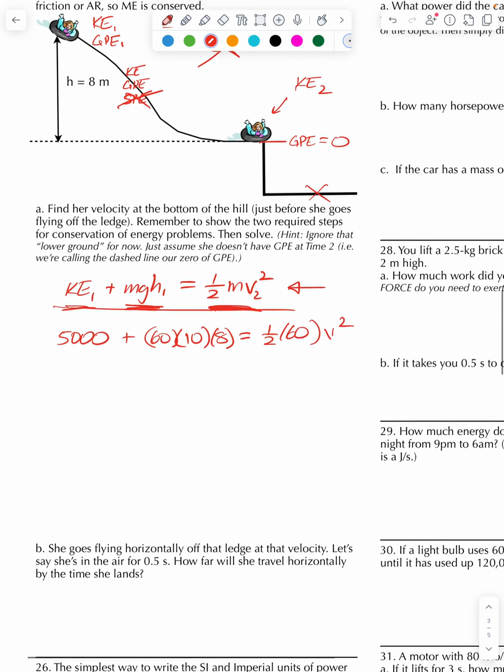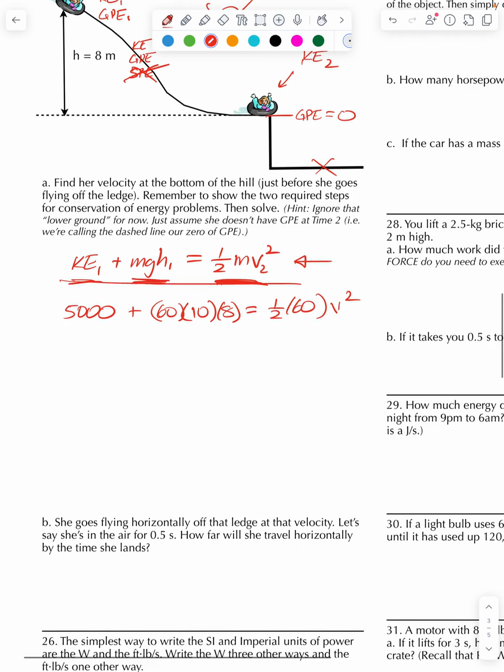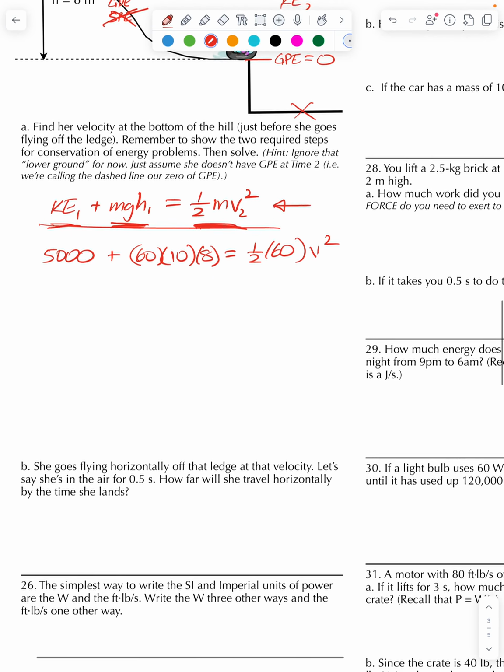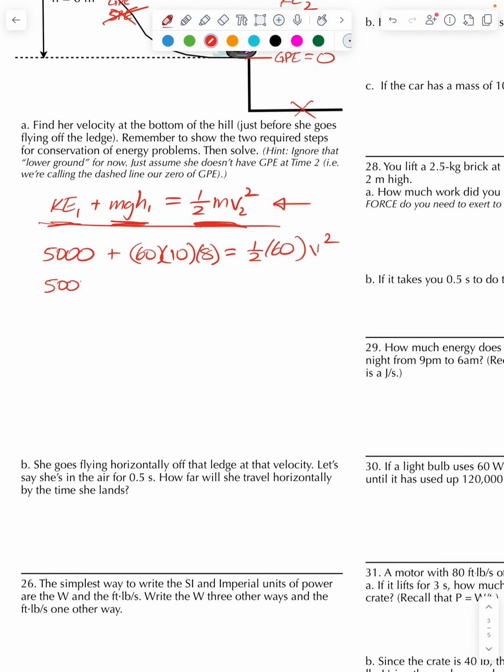That's better than having to put in the V squared and the 1/2. Okay, let's solve this. We got 5,000 plus 600 times 8, 4,800. And then we have 30 V squared. So this becomes 9,800 equals 30 V squared, or V squared equals 9,800 divided by 30, which is equal, again,